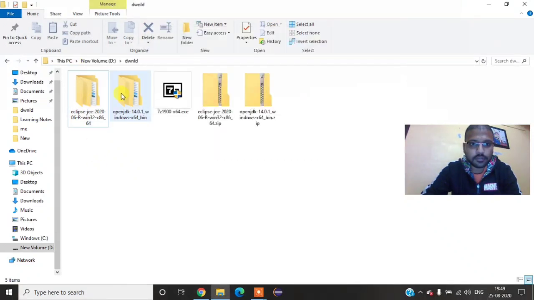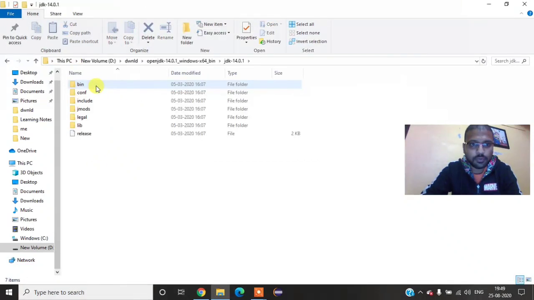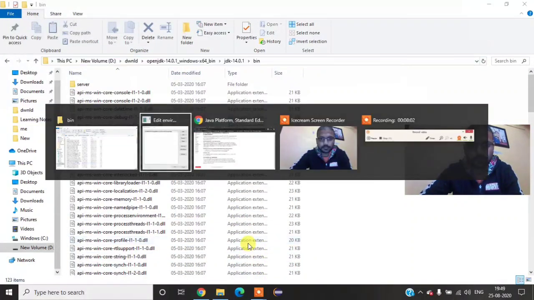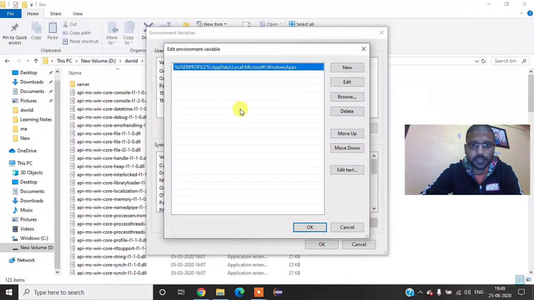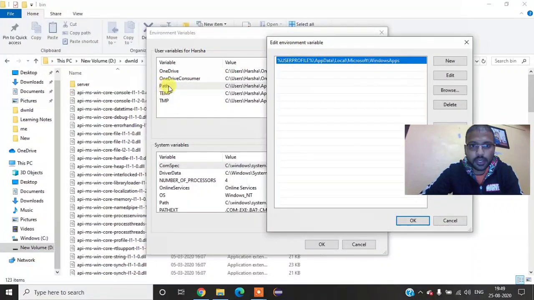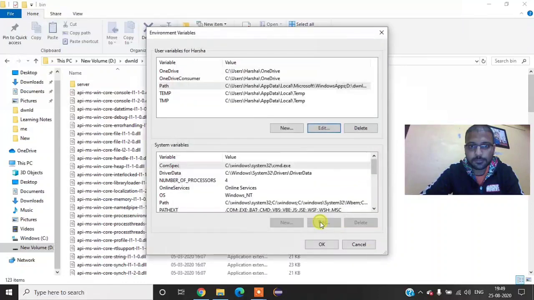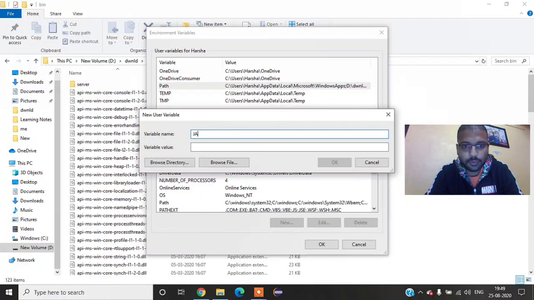and go to the JDK folder, bin. Remember what I'm doing, I'm taking it slow so you can pause the video and see what I'm doing. I'm copying the path where the bin folder is located under the JDK, and then I'm going to edit environment variables, and remember I clicked on edit of Path, then I'm clicking New and then pasting this. Okay, and we need to create one more variable, and that variable name should be JAVA_HOME,